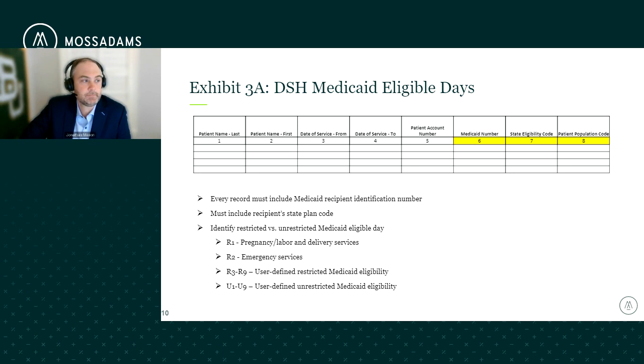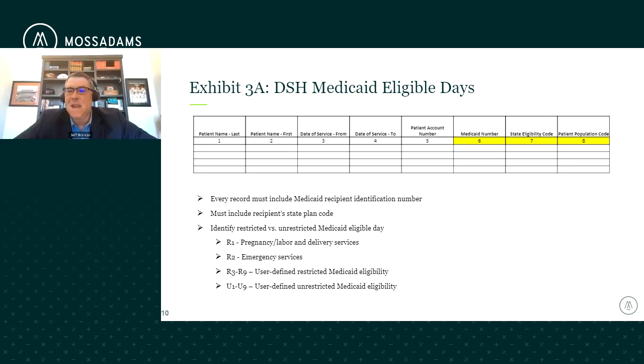Well, and for either of you, we have an incoming question. I know this is going to be a complicated one, but how do we obtain the state Medicaid eligibility codes? We've reached out to our state Medicaid office and they're not aware of anything like this. So can you share the broad range of answers to that question?